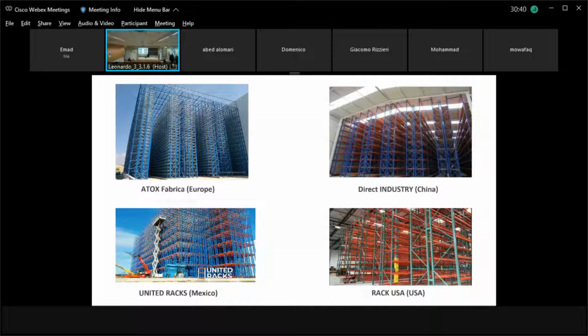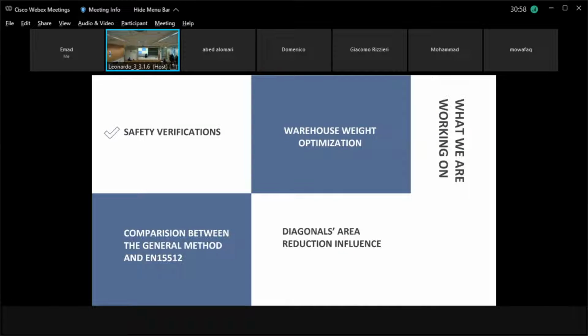The world who are manufacturing these kind of structures in the same way. They build it with the same thin walled profiles. So the objective of my thesis is to find a different configuration to optimize these structures. So what we are working on, first of all, the safety verification, then we have the warehouse optimization, and then I compare between the general method and the EN standards for the upright verification, and finally the diagonals area reduction